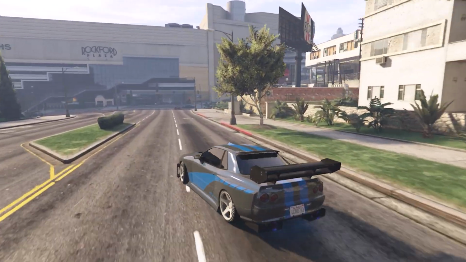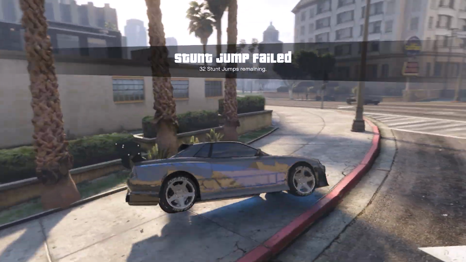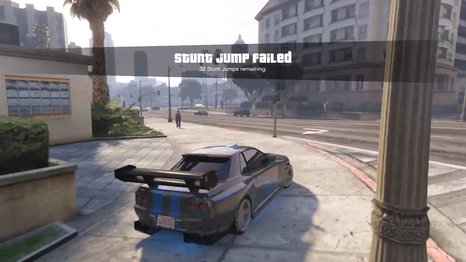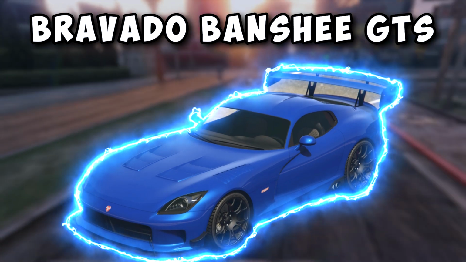And this car is based off the Nissan Skyline, and it even has this livery which makes it look like the Skyliner from Fast and Furious, which is pretty cool. But this car isn't the best for driving, so it just sits in my garage basically all the time collecting dust. And moving on to a car that I use basically all the time, the Bravado Banshee GTS at just